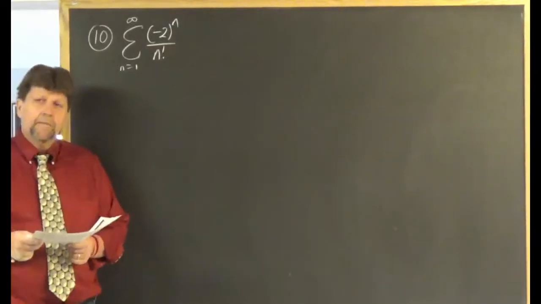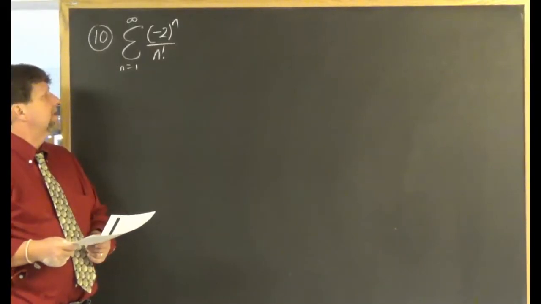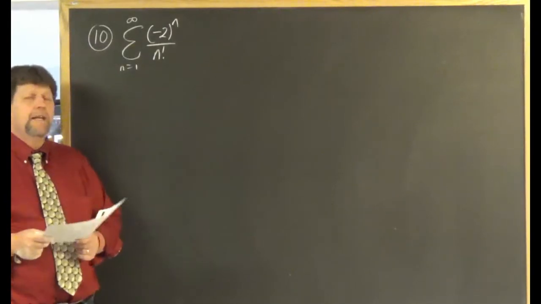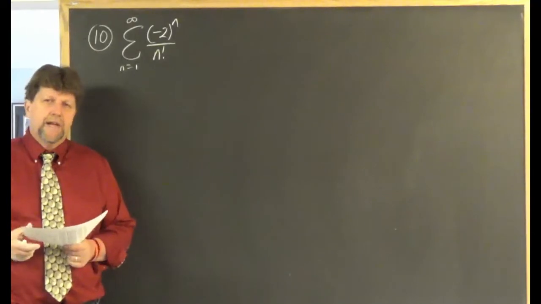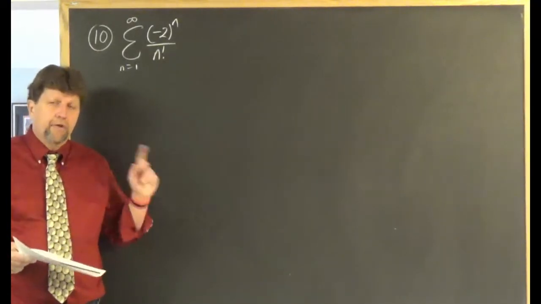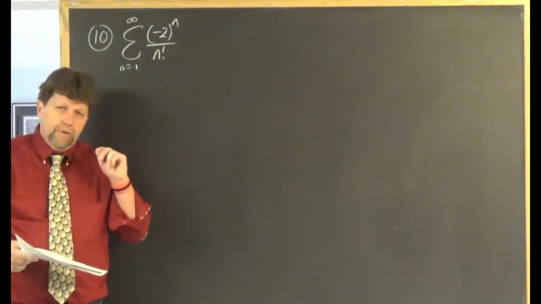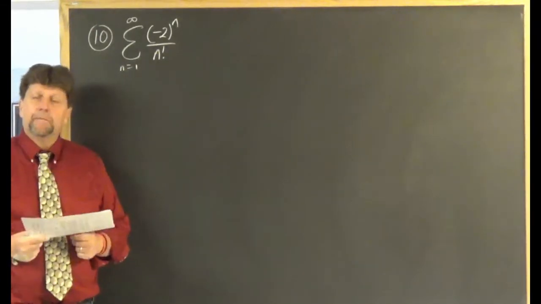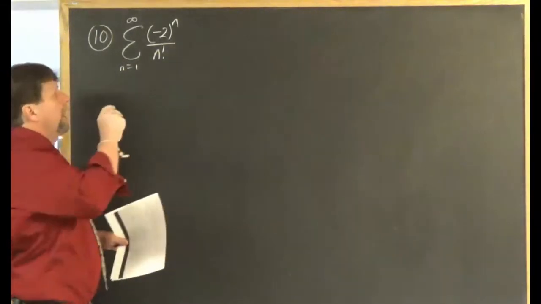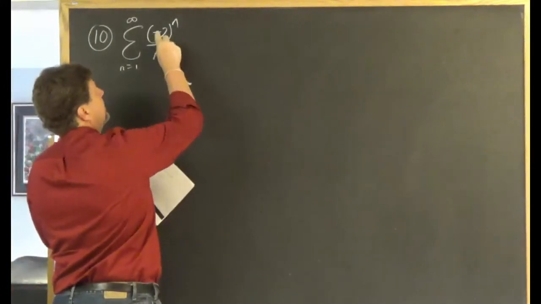All right, folks, number 10, you were asked to determine if the series, the sum from n equals 1 to infinity of negative 2 to the n over n factorial, converges or diverges. It looks like a great candidate for the ratio test. I see an exponential and I see a factorial. But before I get started, I want you all to realize that this series